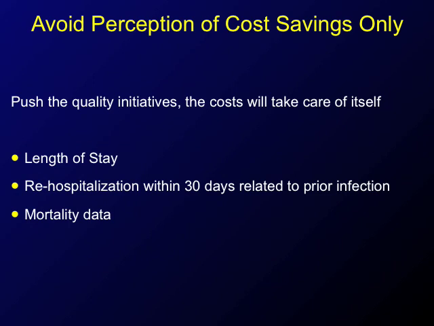You've got to focus on quality issues to these people. Focus on the issues and show them the quality issues are not altered. Show them the length of stays are okay. Show them rehospitalization rates within 30 days is actually maybe lower going through the clinical pathways rather than those individual ways. Show them mortality data or any other data that may actually prove your point. But you've got to show, medical staff are going to be very